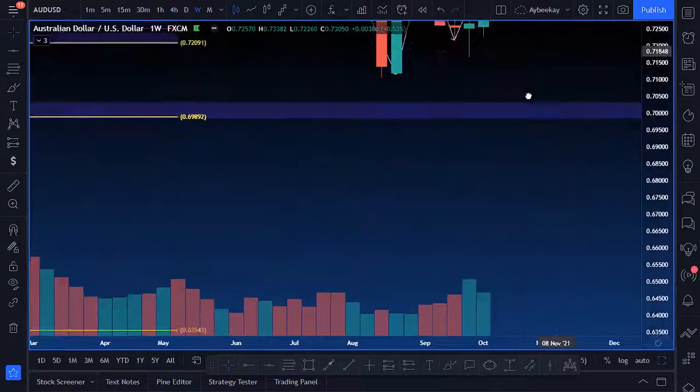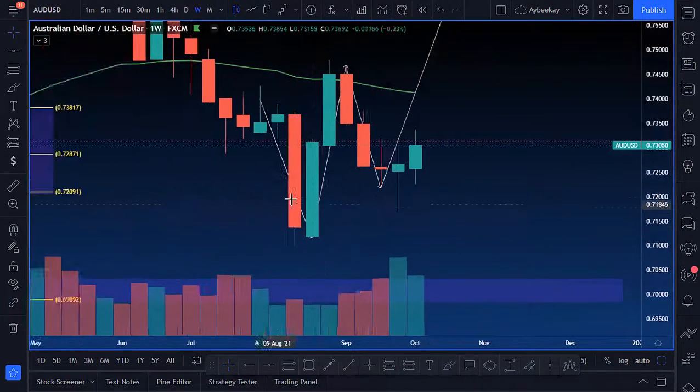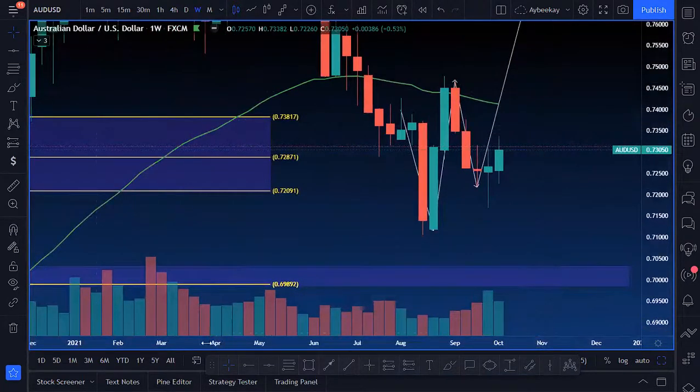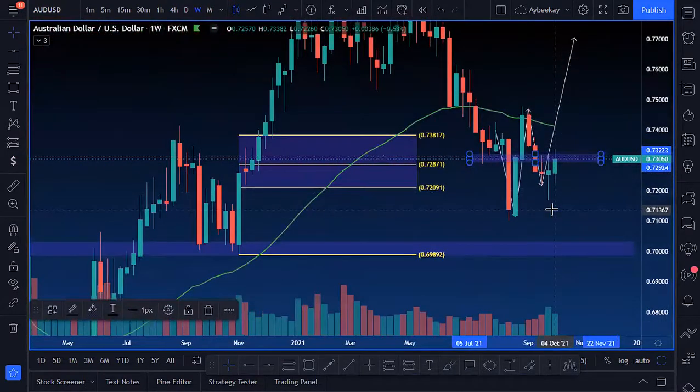I mean, last week was a doji candle, and this week is just not a decisive candle that's saying, okay, yes, price is going to go bullish. Because to me, it seems like right now this is just retesting these previous lows that it never got a chance to break through. That's another reason I'm like, okay, move your stop loss to break even from your trade. Whatever you're risking, you've already made that. No need to risk any more money. Move stop loss to break even and see how this plays out, right?